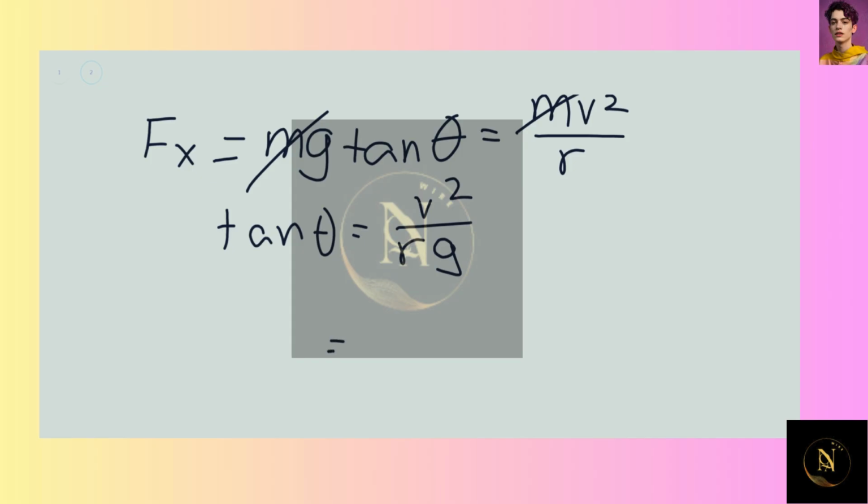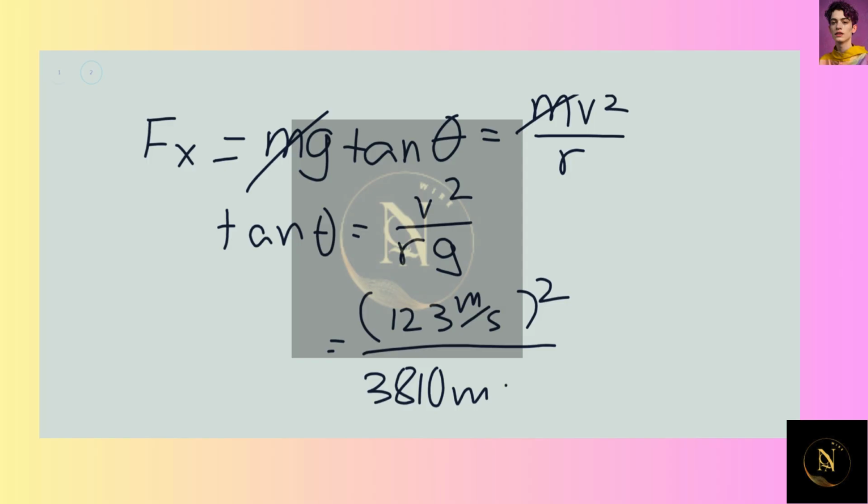And when we plug in the numbers that we're given, which is that we are traveling at 123 meters per second, and our radius is 3,810 meters, and multiplied by 9.8 meters per second squared,